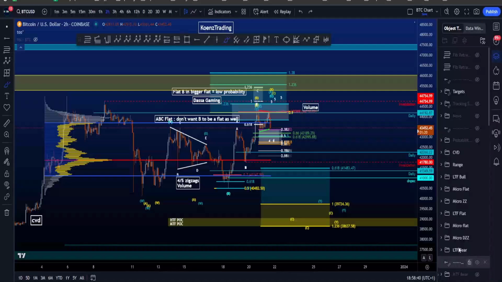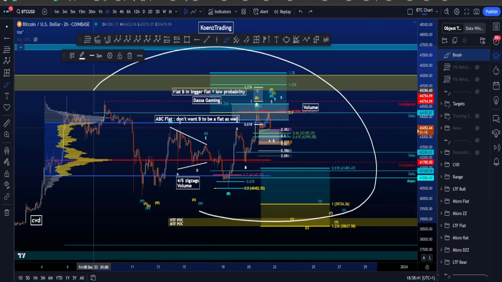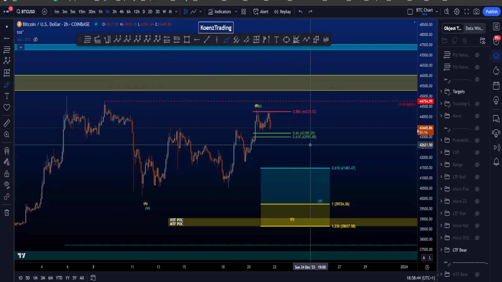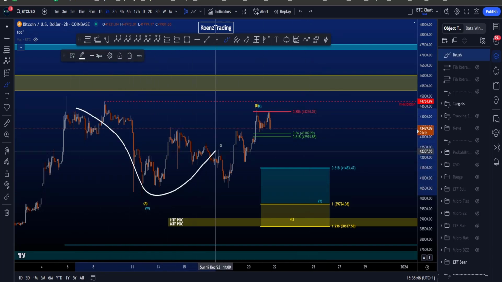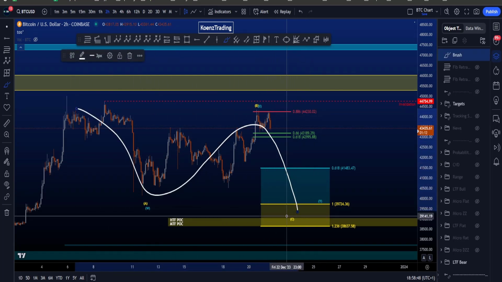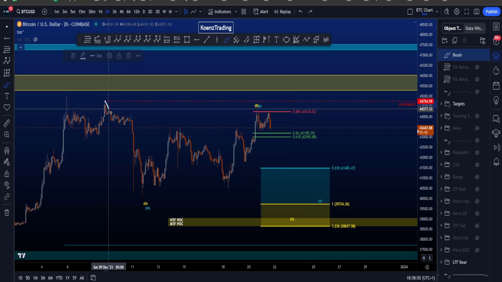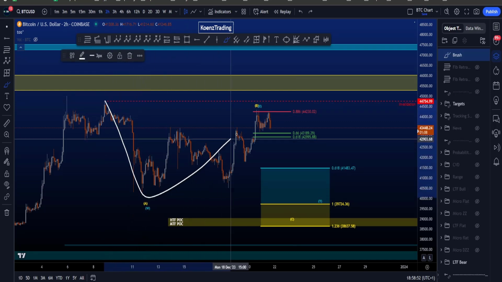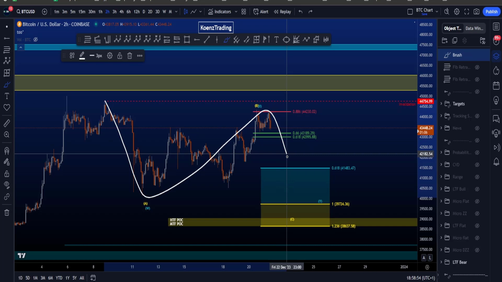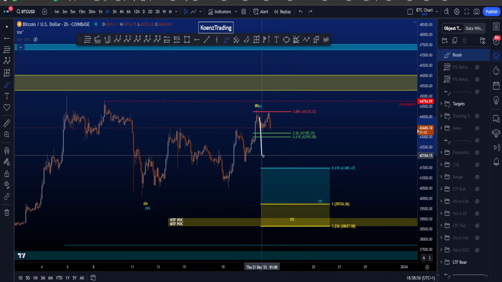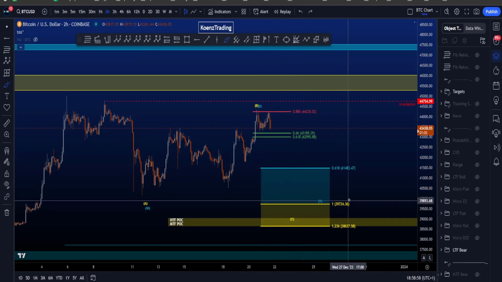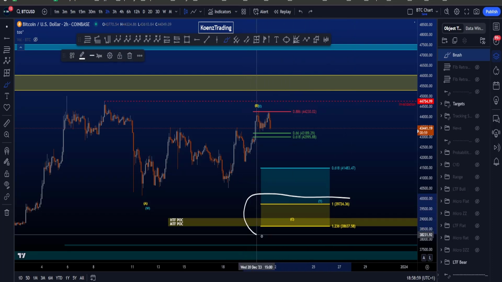Hi everyone, let's go over my bullish and bearish Elliott Wave scenarios on Bitcoin, starting with the bearish scenario where we're looking for a move to the downside in an ABC or a WXY. In an ABC, we're looking for a wave A, corrective structure in a B, double zigzag, and then a wave C to the downside where we want to see an impulsive structure